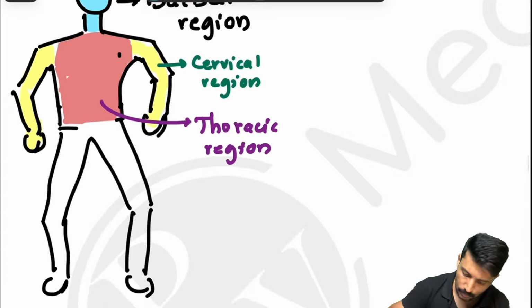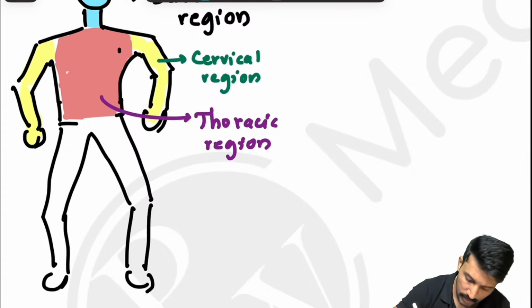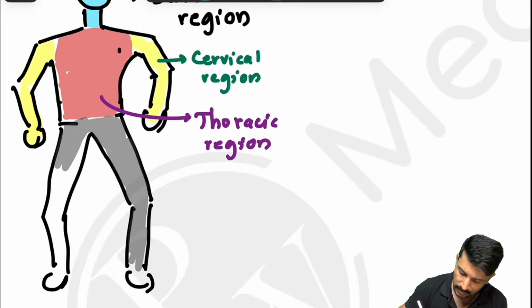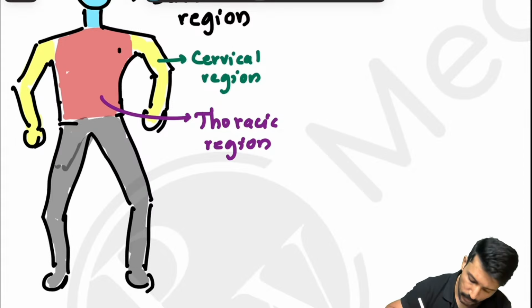And then the lower limbs will be called the lumbosacral region. I'm going to call them the lumbosacral region. Why? Because the nerve supply to this region comes from the lumbar plexus and sacral nerves. So this will be called the